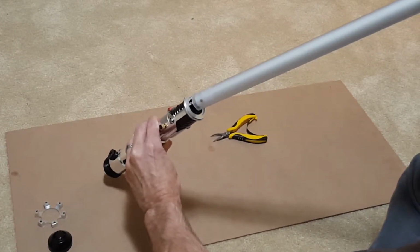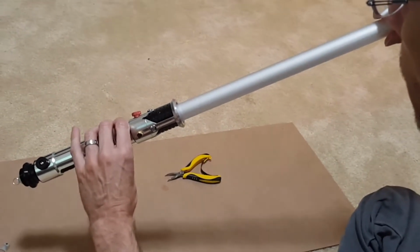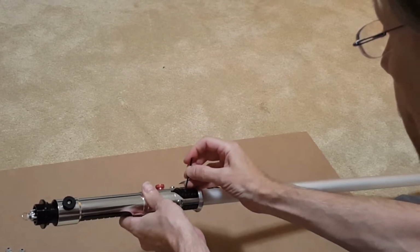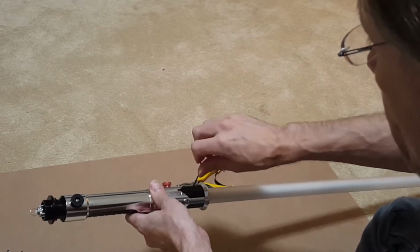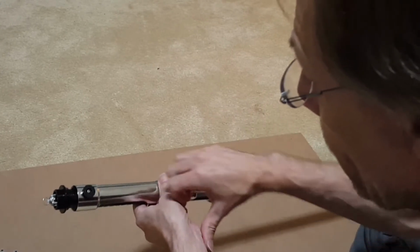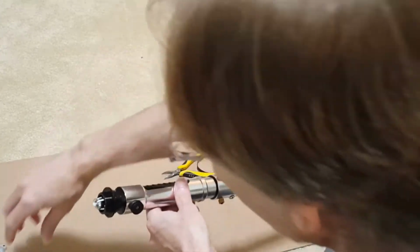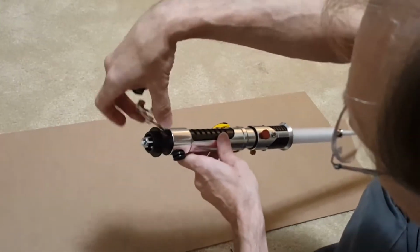Give it a twist to start the coil in the wire so that when you push it in, that wire makes a nice loop in there. Take your Allen wrench, secure it down nice and tight. I'm going to go ahead and twist the kill key. You can hear it fire up. And I'll get the